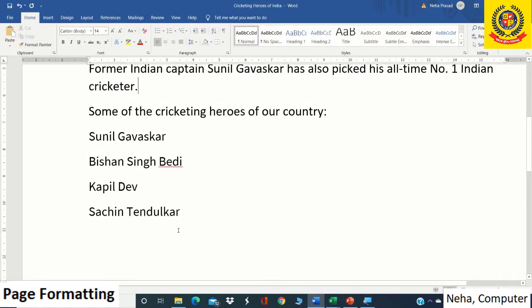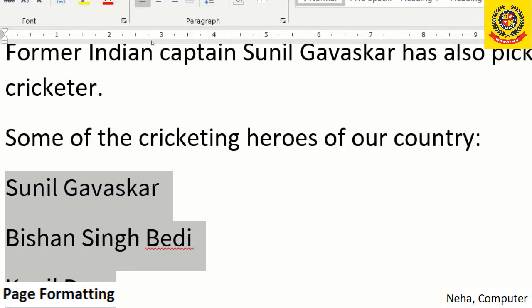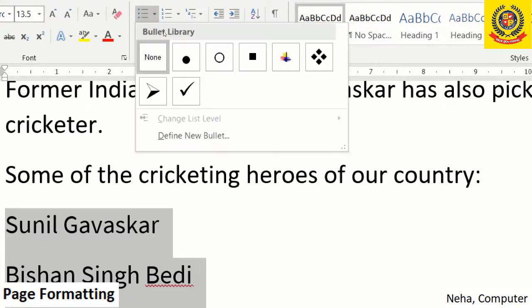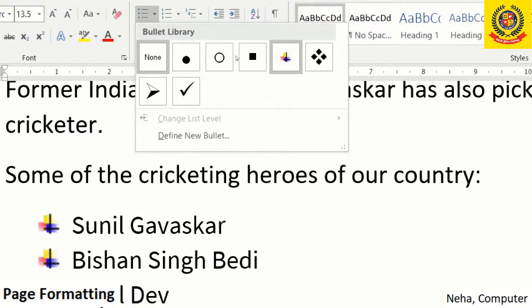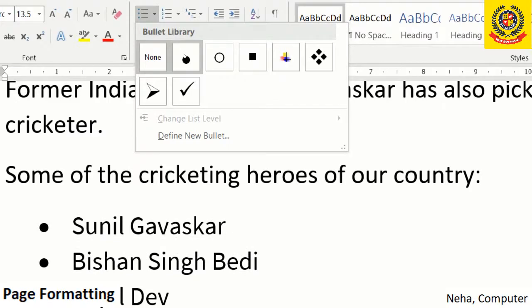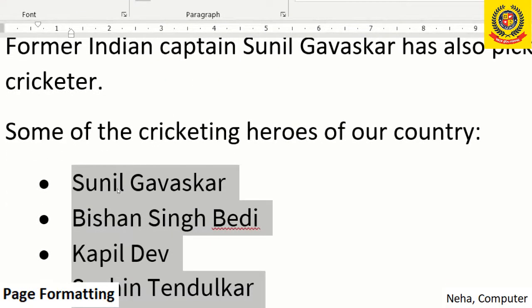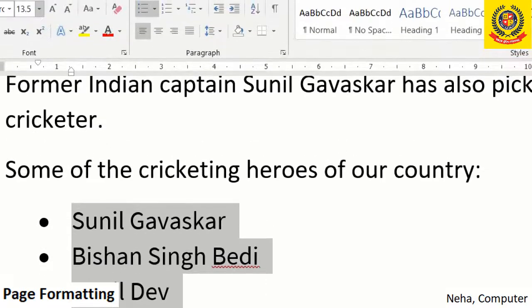Now here what we have to do is make this bulleted. For this, first we will select this and then go to the bullet list. As we select here, we can give any of the bullets. Let's go for this. We can see that bullets have been applied. Now we will change the font face.